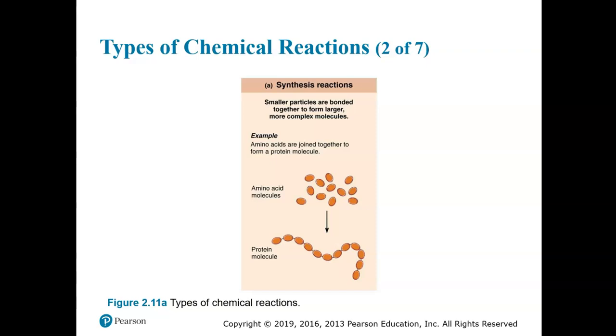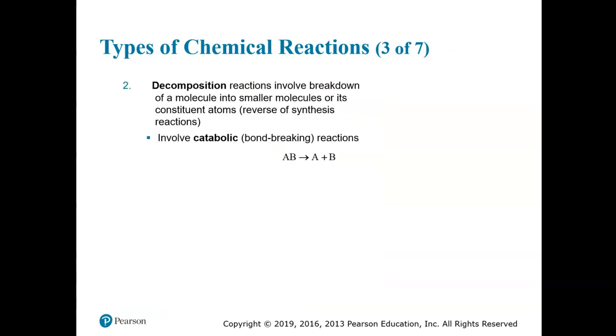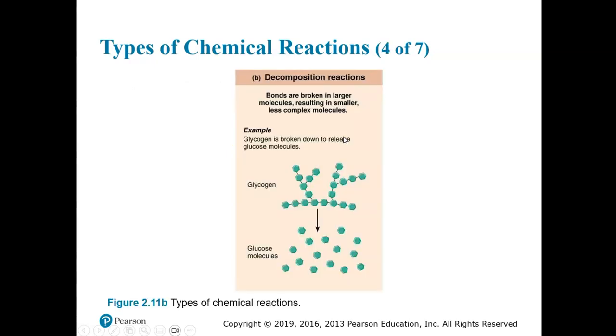The types of chemical reactions include synthesis reactions. For example, when amino acids are joined to form proteins. And synthesis reactions are also known as dehydration reactions. Then we have decomposition or hydrolysis reactions, and they involve breakdown. So an example of a hydrolysis reaction or decomposition,